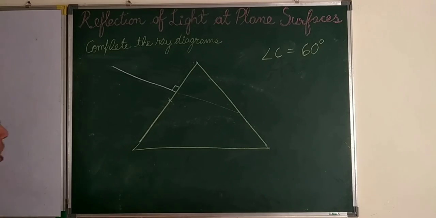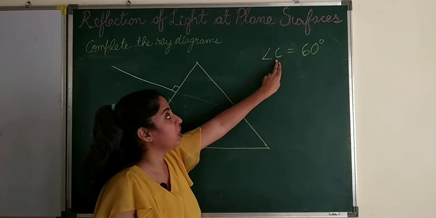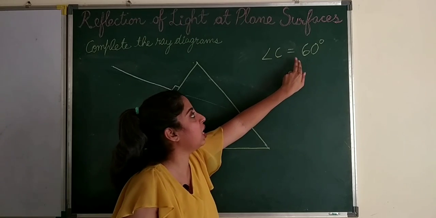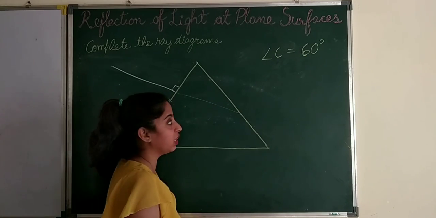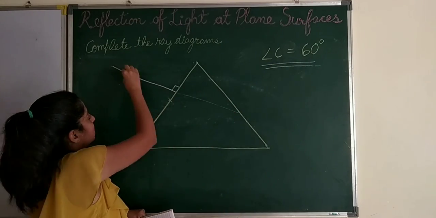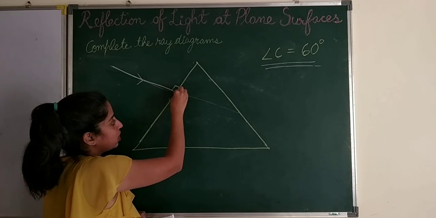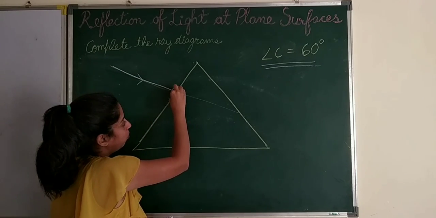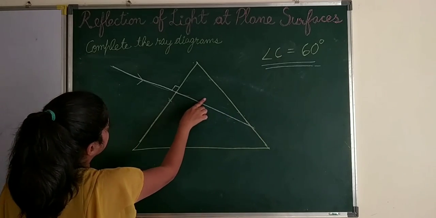Now students, look at our last diagram for today. Now this is a special case. In the question they have mentioned that the critical angle is 60 degree. So this is not of glass, this is of a material whose critical angle is 60 degree, and this is the incident ray that they have given. As we know, the incident ray is normal to the surface, falling on the normal, so it will go undeviated like this. It should be a straight line, guys.